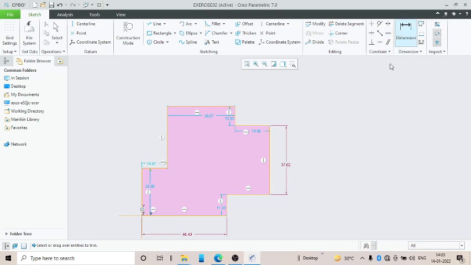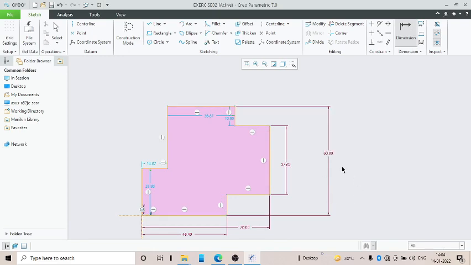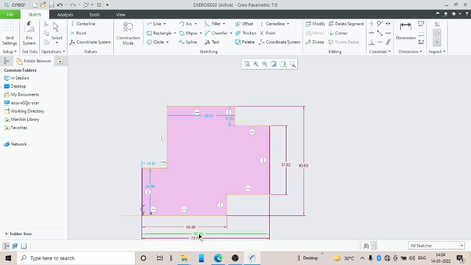Now one more time we have to give the dimension. Go to dimension here. From here to here is 70, enter. Then from here to here it is 60, enter. Once again we have defined the dimension properly to make sure that this is not going outside our control.